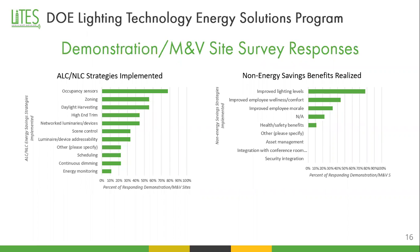It's important to note that advanced lighting controls strategies and different benefits have the ability to tie into systems such as energy management systems, building management systems, and HVAC systems. Unfortunately, many of the building owners and projects that participated in our program did not implement their advanced lighting controls with these systems. However, we did have feedback from one of our sites, a manufacturing customer that actually installed